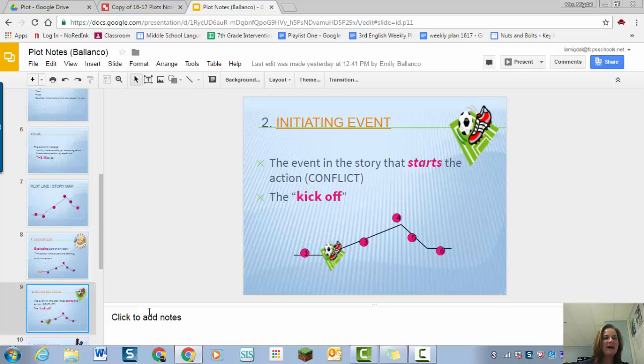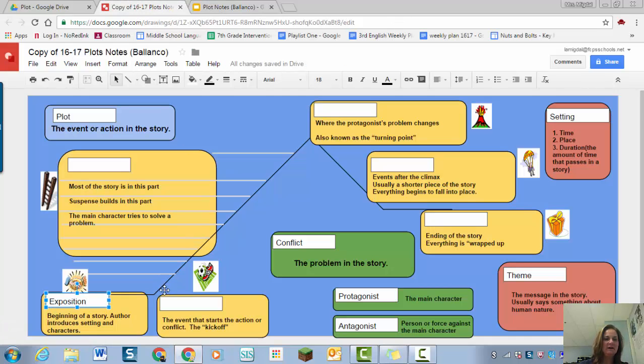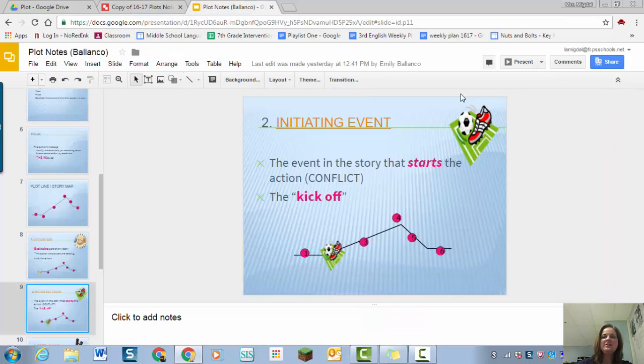So if you look at our little plot diagram here, that's this corner right here. See how all of a sudden it starts going up? That corner where suddenly you know what the conflict is. That is called the initiating event, the event that starts the action or the conflict, the kickoff. Okay? All right, next part in our story